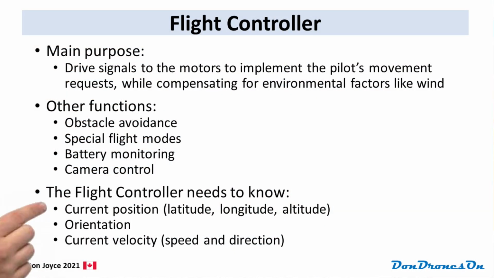Now, depending upon the architecture of your drone, these functions could be all in one chip or distributed across various subcontrollers on board. In order to be able to execute the pilot's commands, the flight controller needs to know precisely where the drone is, how it is oriented, and the current velocity. This information is provided by a combination of the GPS, the IMU, and a slew of other sensors, which we